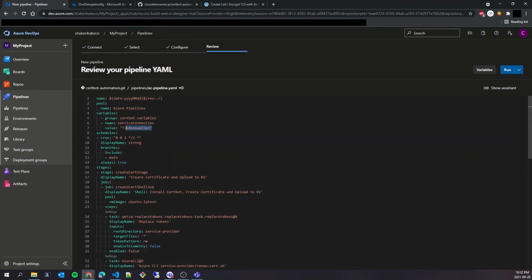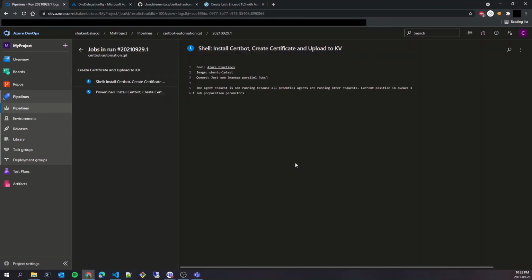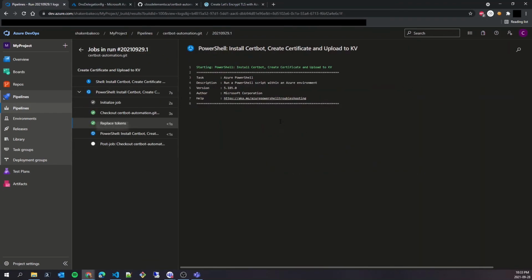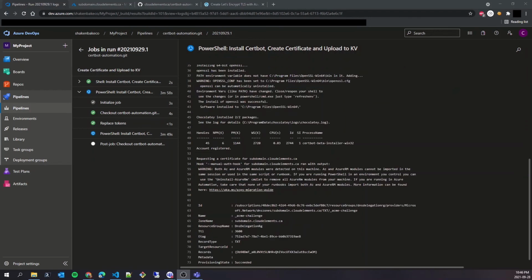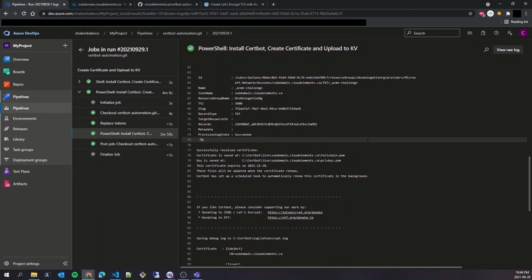All right, so it has our proper service connection, and it's using the certbot variables variable group. All right, let's let this guy run. All right,